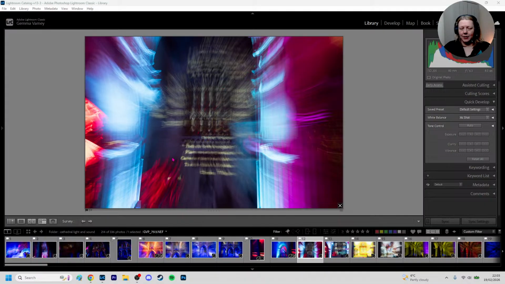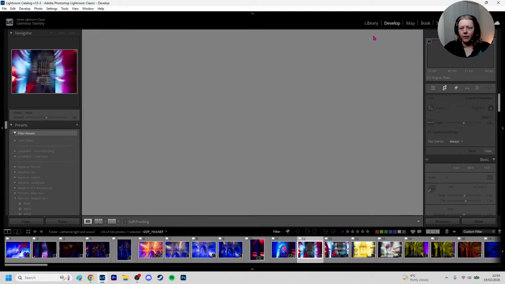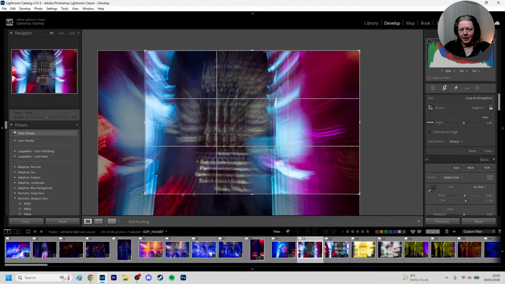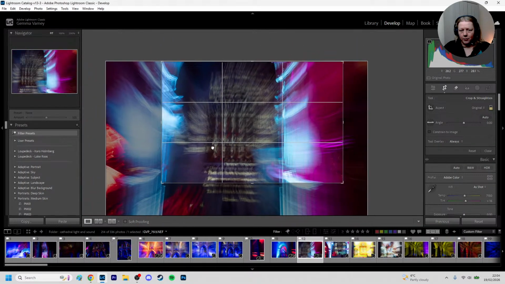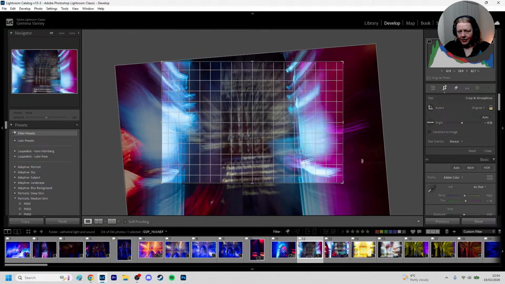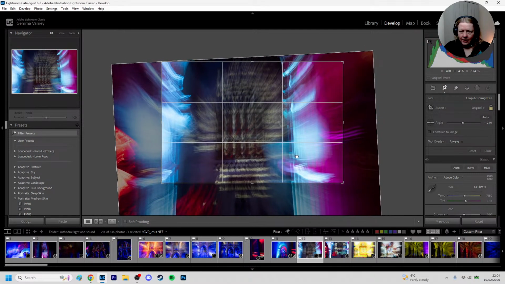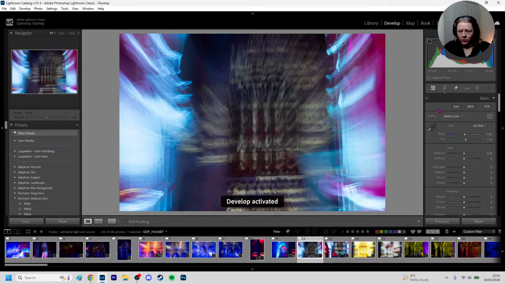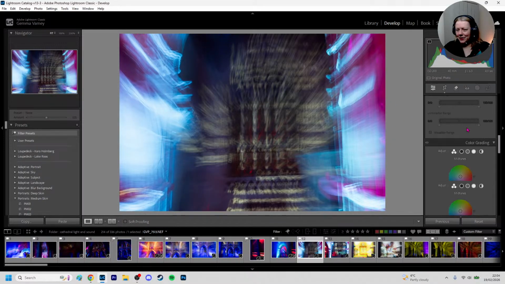R on the keyboard is the shortcut key for the crop tool. So I will press that, and then I'm going to bring this in, and then bring it over, and then straighten a little bit so that the middle lines are straight, but then these are more parallel. It's quite interesting how this line and these lines are fairly symmetrical when we look at them like this. Now, this doesn't look really straight, so what I'm going to do is